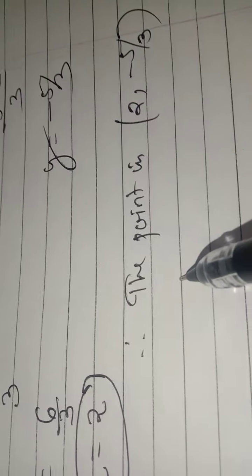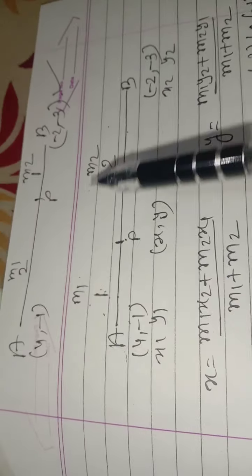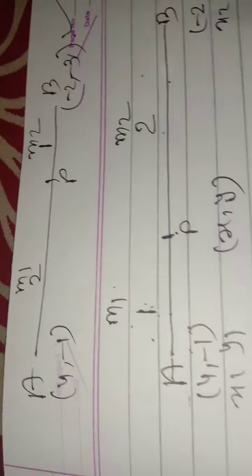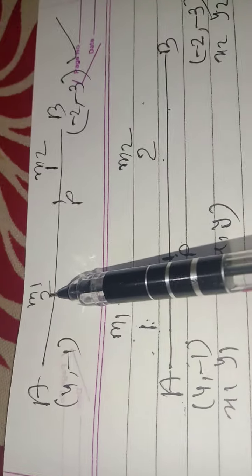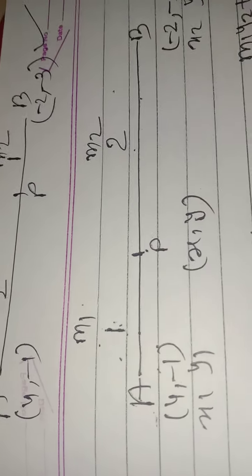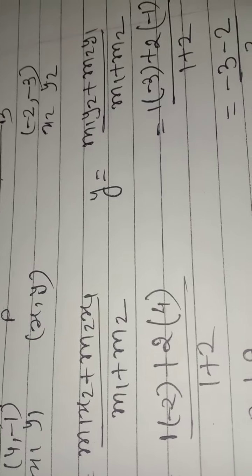You have to take one more answer, because I have done it from this side, m1 1 and m2 2. I am giving you homework. You have to write 1 here and 2 here. Clear? And after doing this you have to send it to me on my WhatsApp number. Okay, the homework.